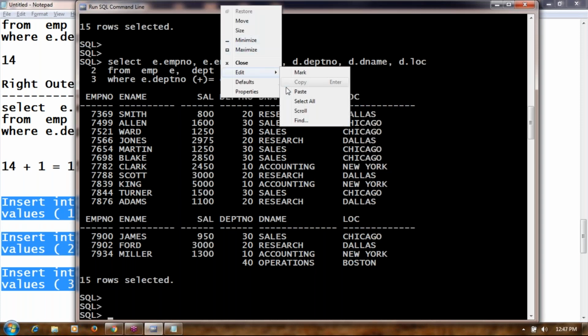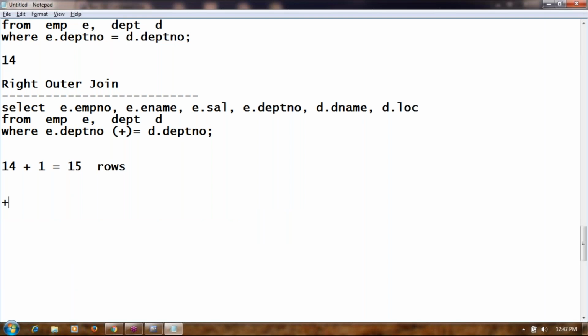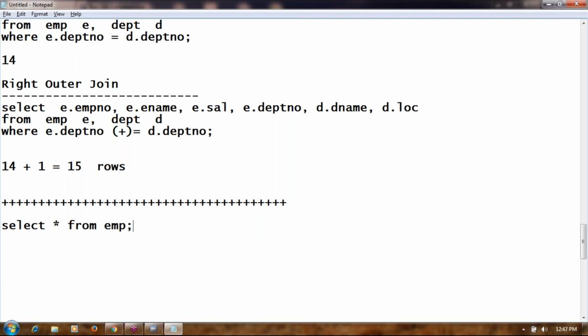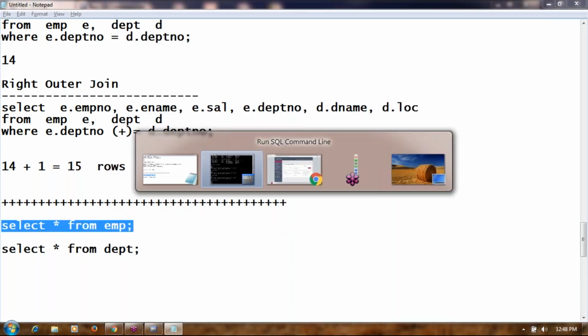Inserting 3 rows into the employee table. Now the current status of the employee and department table. Employee table, we have 14 plus 3, 17 rows.